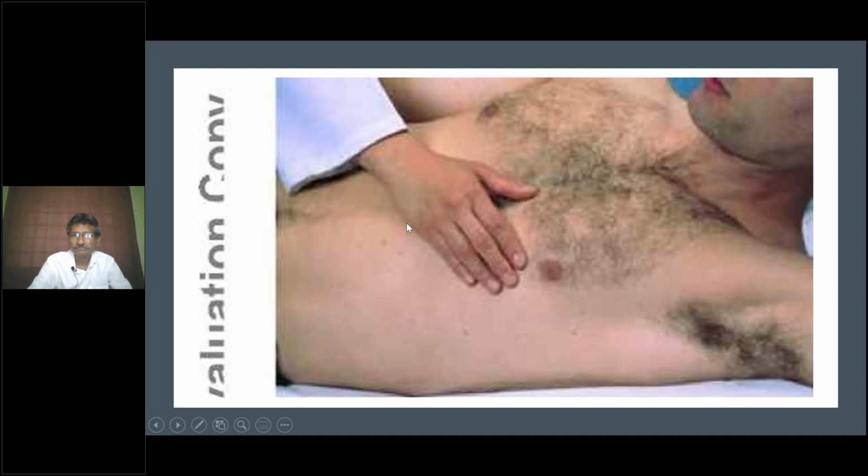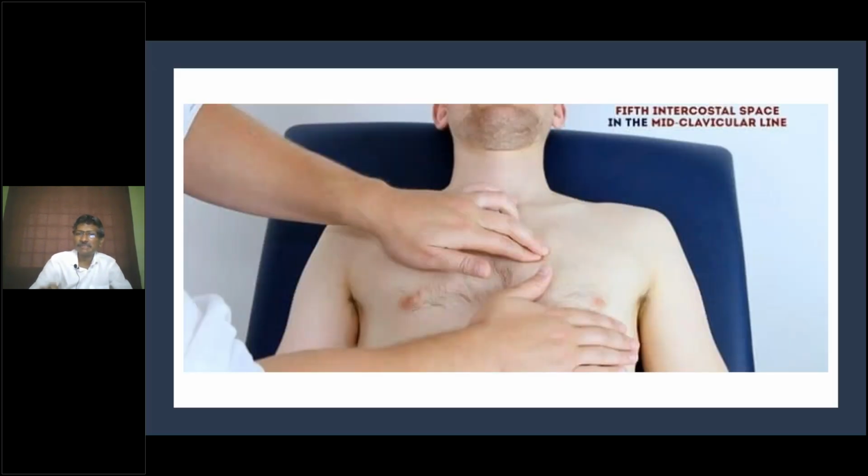This is a method to identify where the apical impulse is localized. Is this part clear? Localization of the apex. First you put your entire hand, then if you feel something below your hand, take a single finger and feel for the apical impulse. Apical impulse is basically the lowermost and outermost part of the cardiac impulse which is felt. I'm repeating it: apical impulse is the lowermost and the outermost part of the cardiac impulse which is felt. So is the first part of the palpation of apical impulse clear? Use the entire hand, then use the finger.